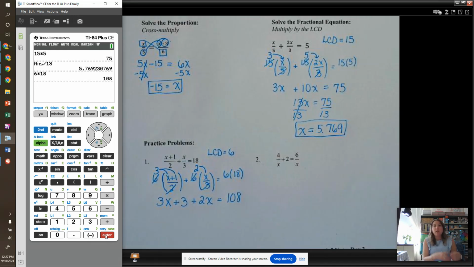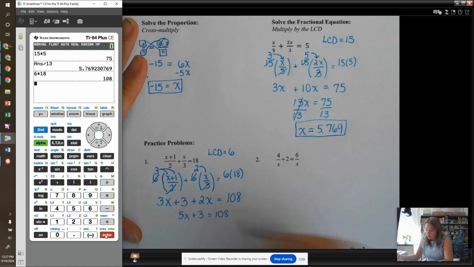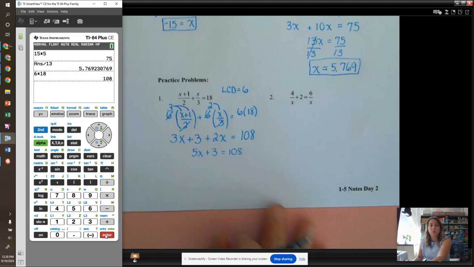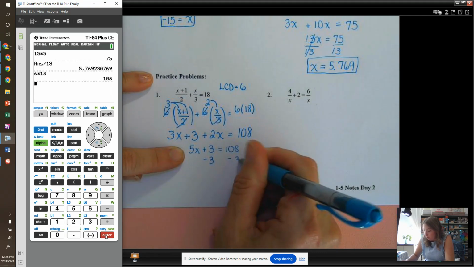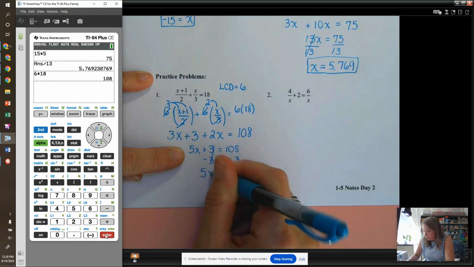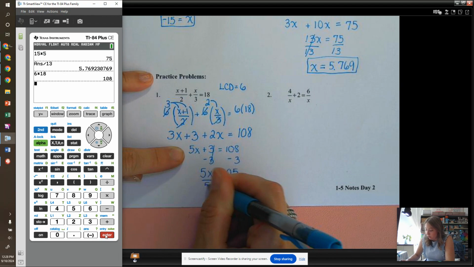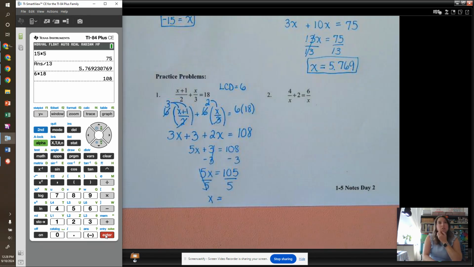On the same side of the equal sign, you combine those like terms. 3x's plus 2x's is 5x's, plus 3 equals 108. We need 5x's all by themselves on that side of the equal sign. I'm just going to scooch this up so I have a little more room. So we'll subtract that 3 from both sides. 5x equals 105. Now divide both sides by 5, and we get x equals, and we'll take our 105, and again, I'm